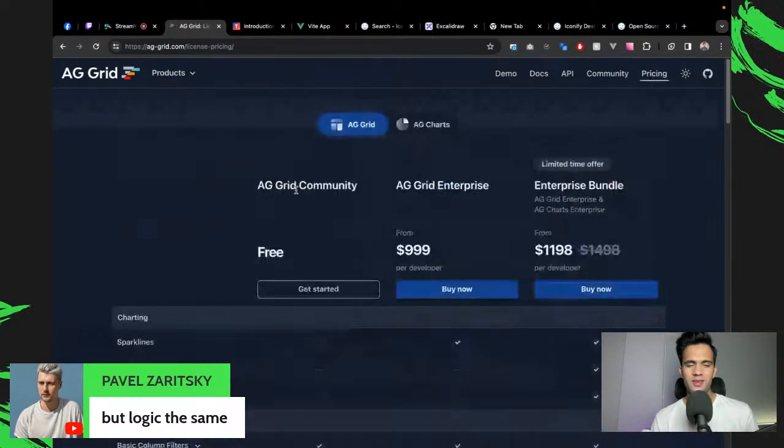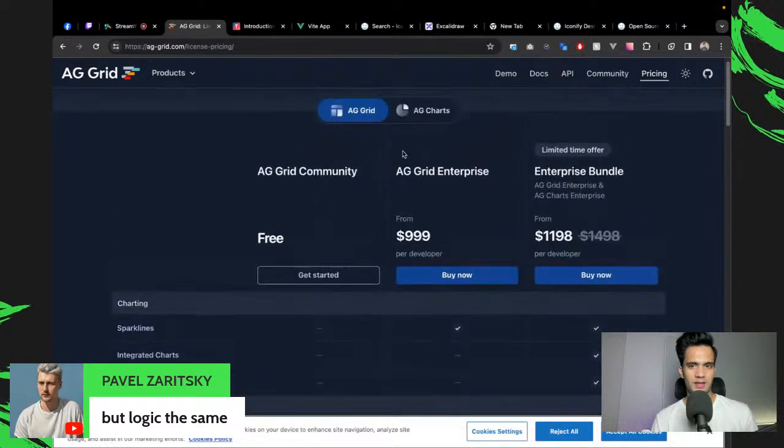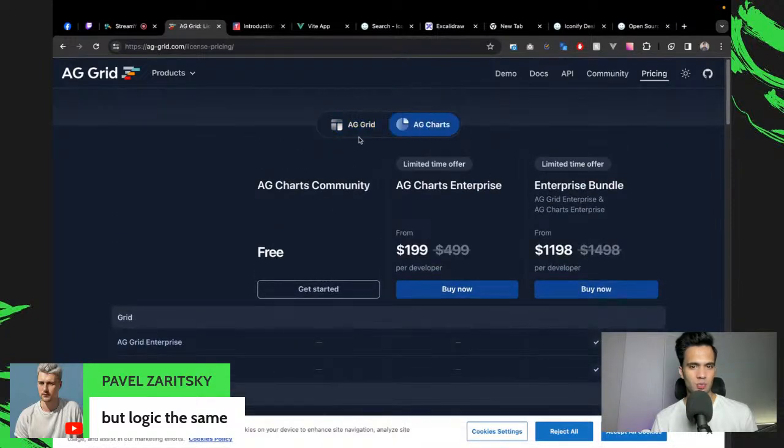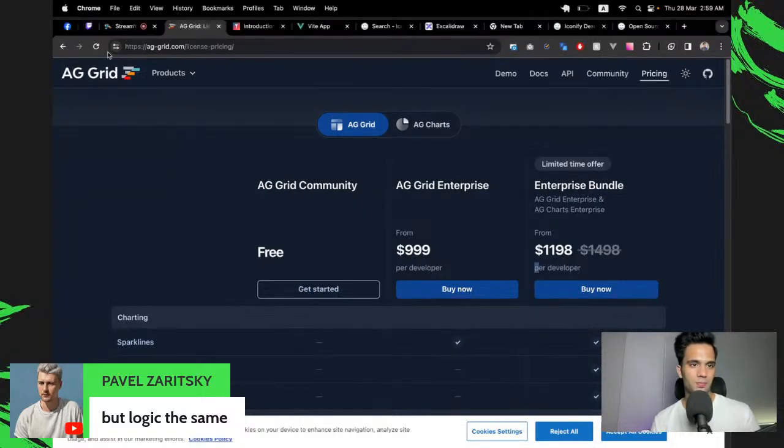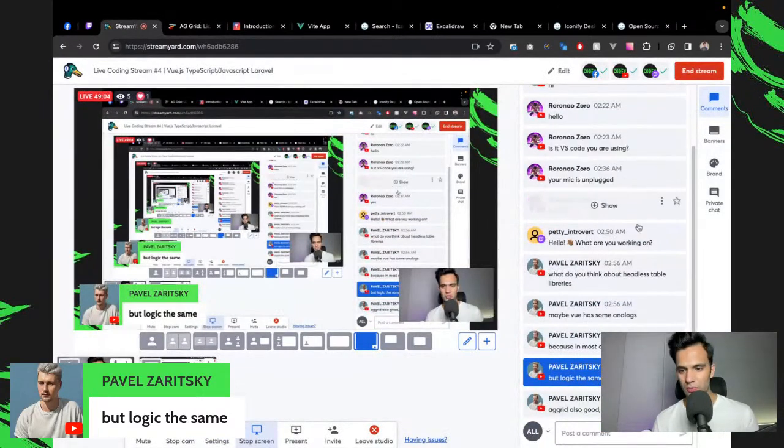But I feel like this is way too much. A data table like this would be way too much for me. If you see the pricing, it's pretty expensive for an enterprise. Per developer you're paying 1198. Of course, they're offering a lot of features, but 80% or 90% of those features have no use case for me. So for me, it's an excuse to make more videos and go live stream, which I would love to do more of.